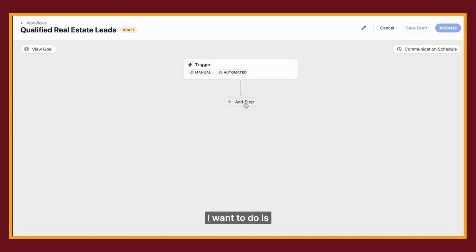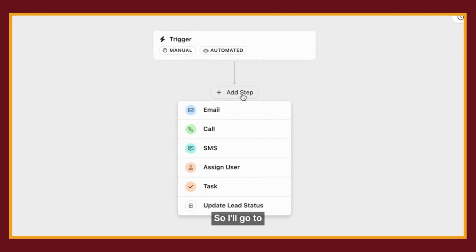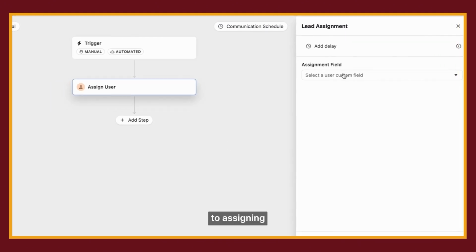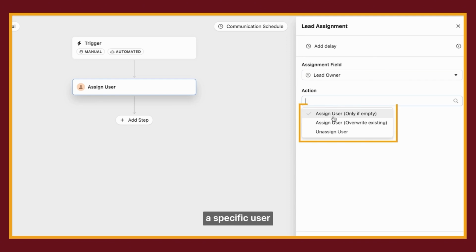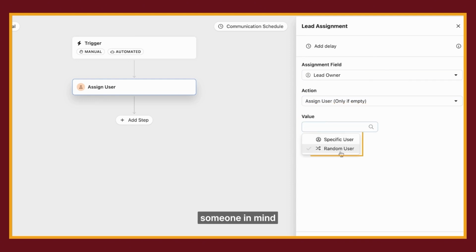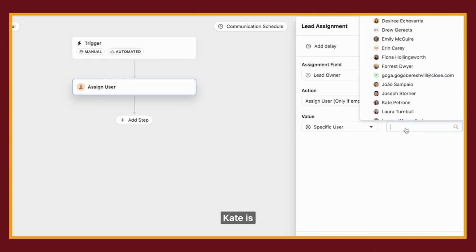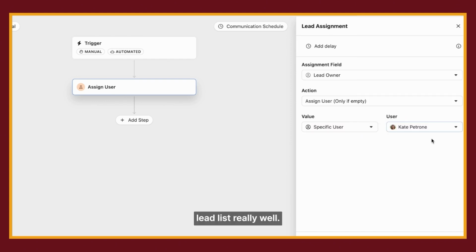So the next thing I want to do is assign some lead owners to the leads on this list. So I would go to assign user, and you have a few options when it comes to assigning a lead owner. You could either assign a specific user if you have someone in mind who you know is really great at real estate leads, for example. So let's say I know that Kate is going to handle this lead list really well,